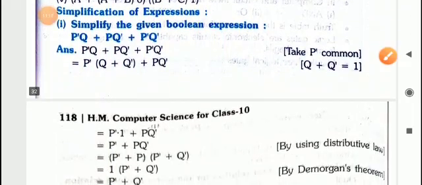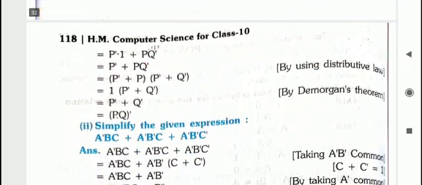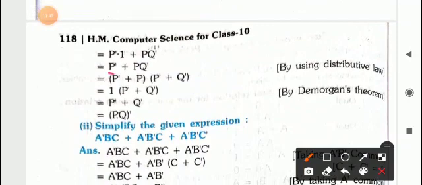Fine. Now you have to see simplification of expressions. You have to simplify the Boolean expression based on laws. So P complement Q is written, P Q complement, and P dot complement Q complement. Write the expression as it is, then take P complement common in these two terms, giving Q plus Q complement. Q plus Q complement is equivalent to 1. So you can write here 1, P Q complement will be copied as it is, then P complement into 1 will be P complement only, and plus P Q complement.